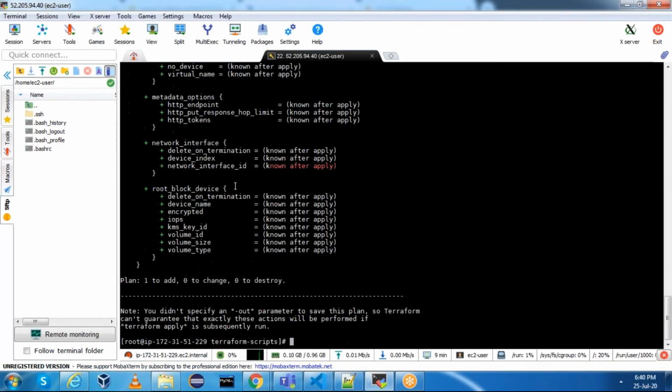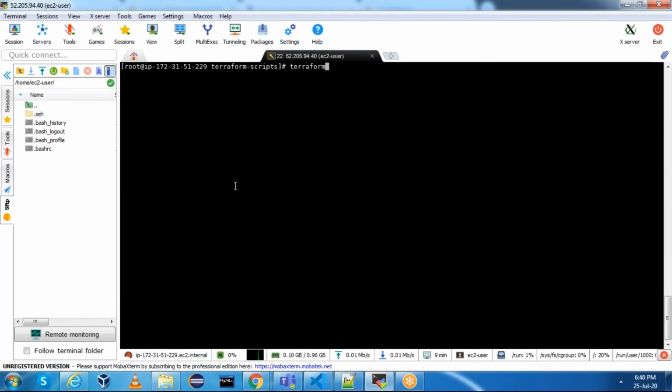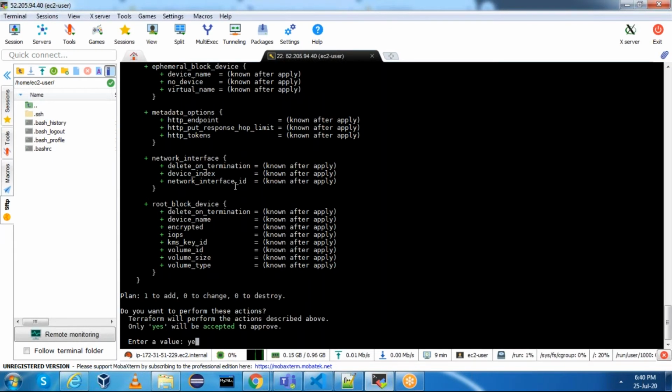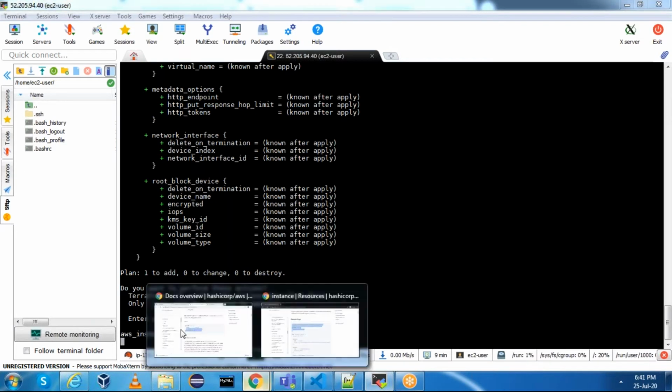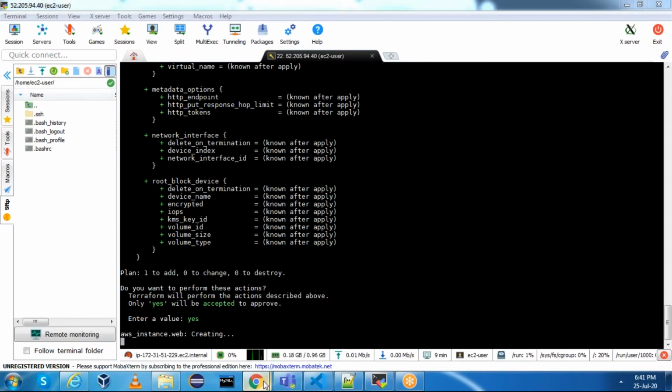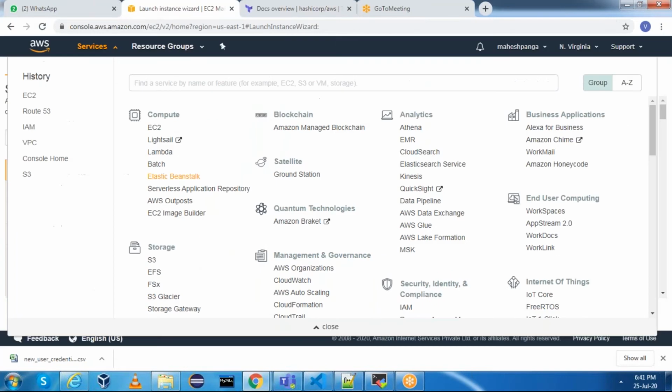Okay, now if you do Terraform apply, it will create an EC2 instance. See, it is asking us for confirmation. Yes, I'm saying yes. It will create an instance. We can see this instance in the UI screen. See here, now we will have an instance.